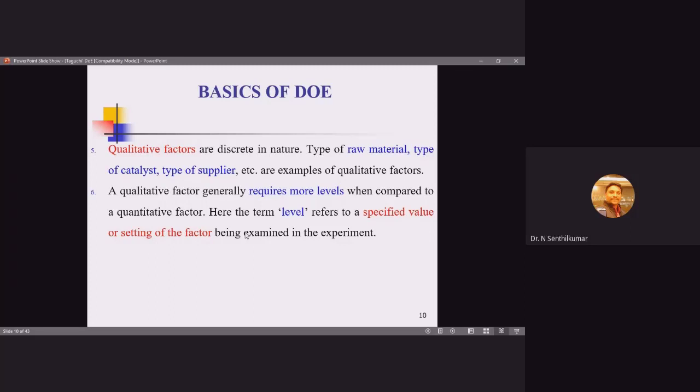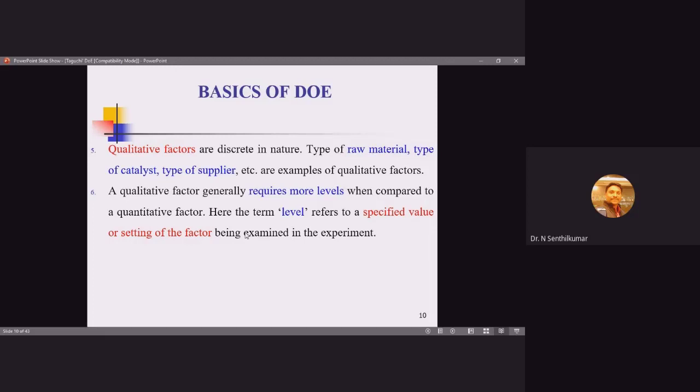So how to select the level range? First of all, I am going to select a range. If it is 100 to 1000, then I have to increase the number of levels. If it is 100 to 300, then I can reduce my levels. 100 to 300, I can put 200, so 100, 200, 300, 3 levels. If I am going with 100 to 1000, the range is higher, so I have to make it higher in these cases. So 100, 300, 500, 700, 900. I can consider 5 levels in those cases.